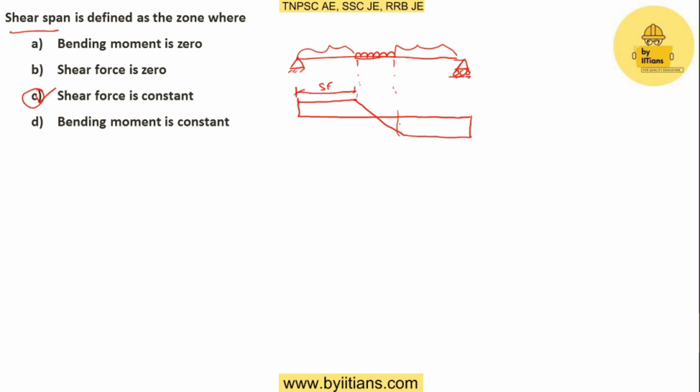Moreover, they have given bending moment here. Looking at bending moment, they will be asking what is the contraflexure point. Contraflexure point means wherever the bending moment changes its value from negative to positive or positive to negative, that point is called the contraflexure point. So this is another question they can ask from this type of explanation.